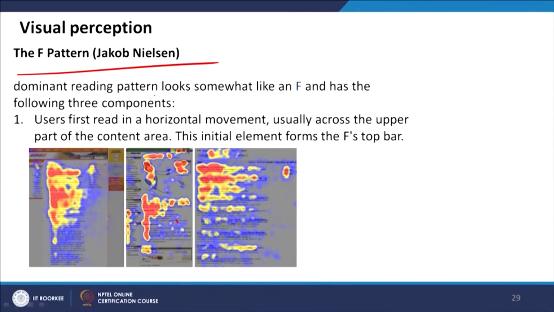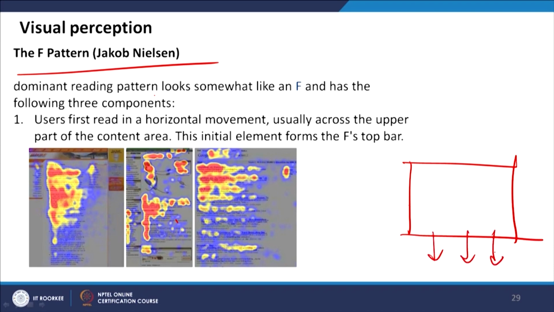And this text heavy document is not a static web page, so you can scroll down and read the text which does not fit into the display system. So he found that there is an F type pattern in the way people look at it, which creates an F type heat